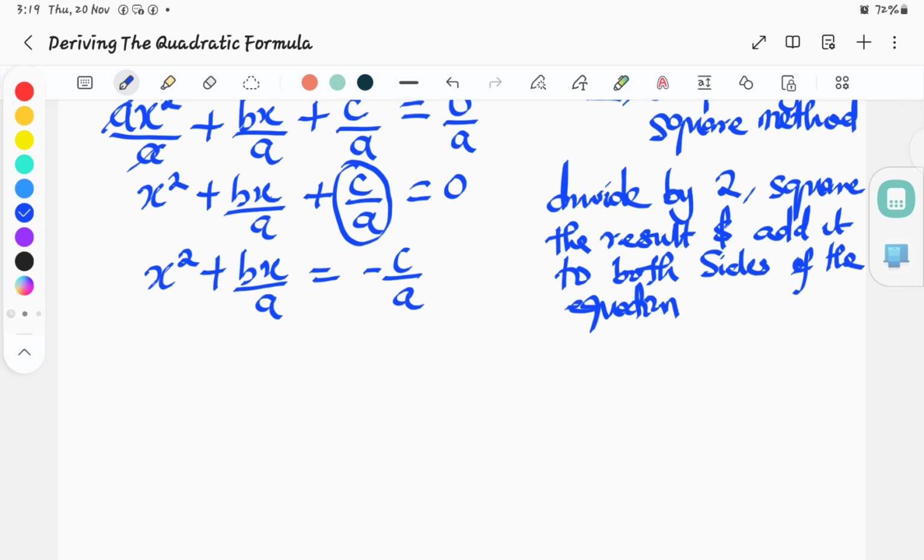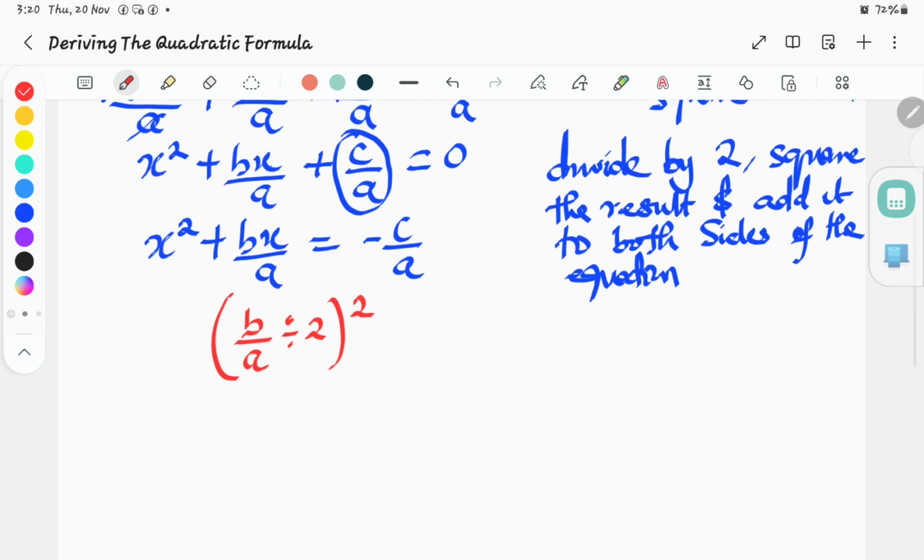If they say we should divide the coefficient of x by 2, what is the coefficient of x in this question? Note that coefficient means, if I remove x, what is going to be left? In this scenario, if I remove x, I'm left with b over a. So the coefficient of x is b over a. We've been asked to divide it by 2, then square it, and we are obviously going to add it to both sides of the equation. So let's divide it by 2. That gives b over a times 1 over 2,